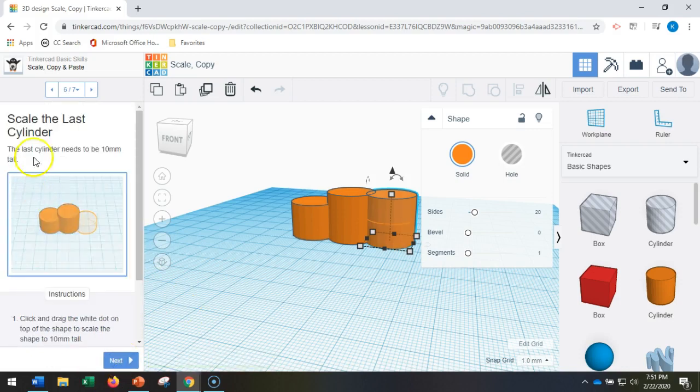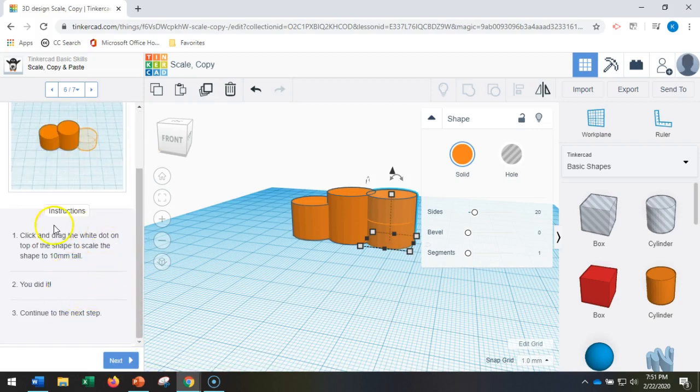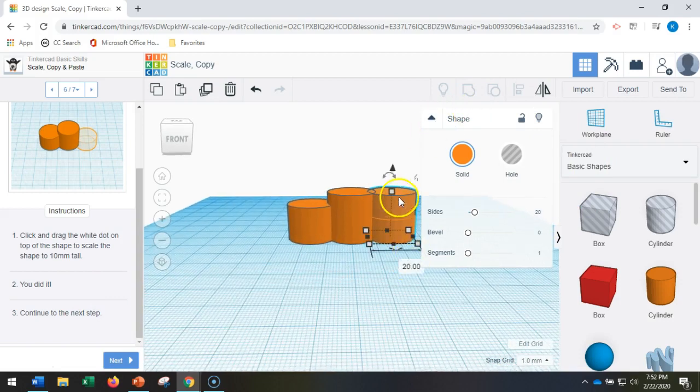Okay, so scale the last cylinder. The last cylinder needs to be 10 millimeters tall. So it's going to tell me to do the same thing that it told me to do earlier, where you click and drag the white handle up or down. However, I can also do something else. So if I click on the white handle, this is in the way,